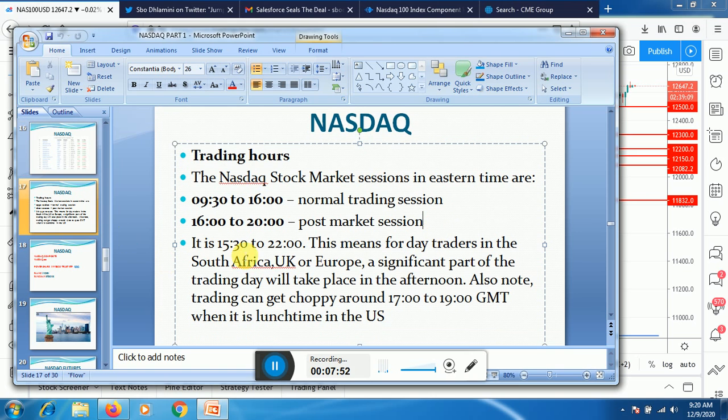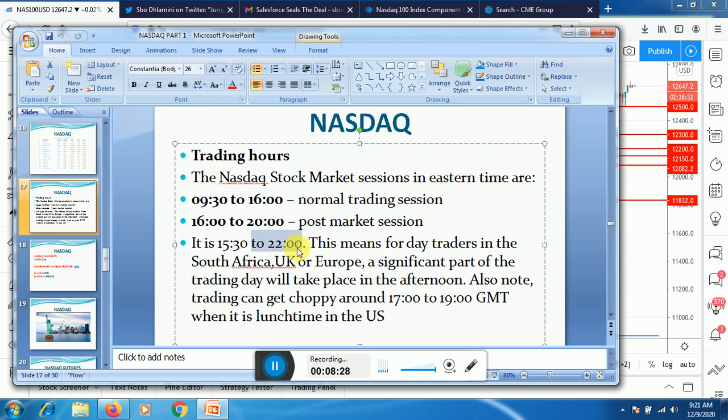So if you are here in South Africa, the United Kingdom or Europe, the regular trading hours of these indices are from 3:30 in the afternoon to 10 p.m. at night. When I prepared this presentation it was around this time, but I'm aware that times change due to daylight savings in the US and the UK, but here in South Africa it's mostly 3:30 till